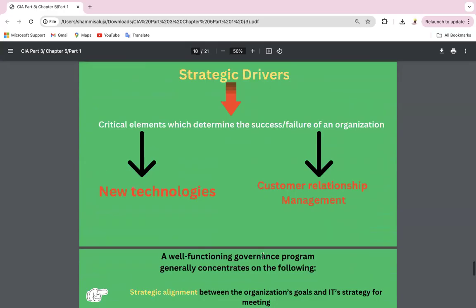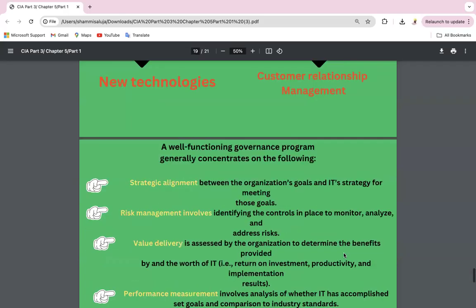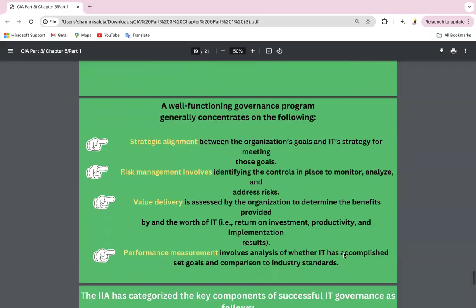Now let's talk about some of the strategic drivers, the facilitating or influencing factors for the success or failure of any organization. It's the technology and customer relationship management, how you manage your customers and what kind of technology is being used by you. So if we talk about a governance program to be properly functional, it should emphasize strategic alignment, that is effectiveness, risk, governance, risk and compliance. Risks need to be managed, proper value addition,